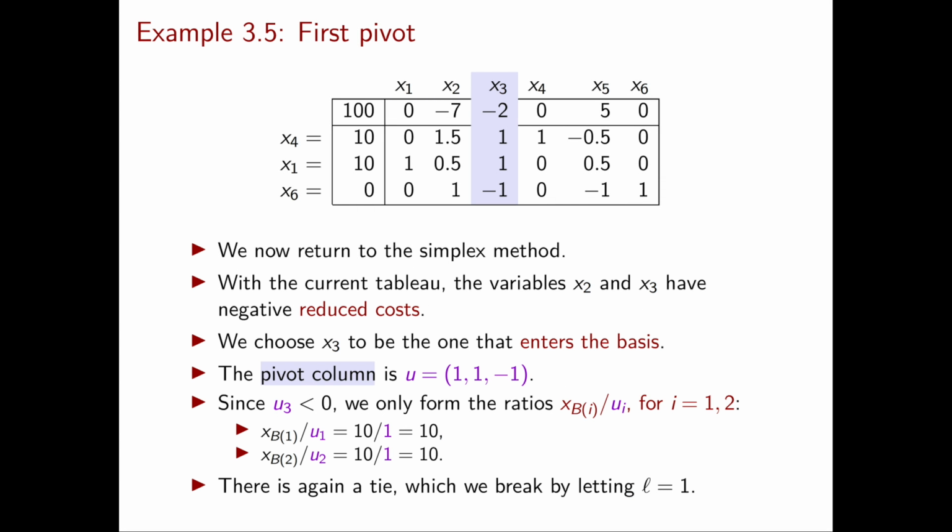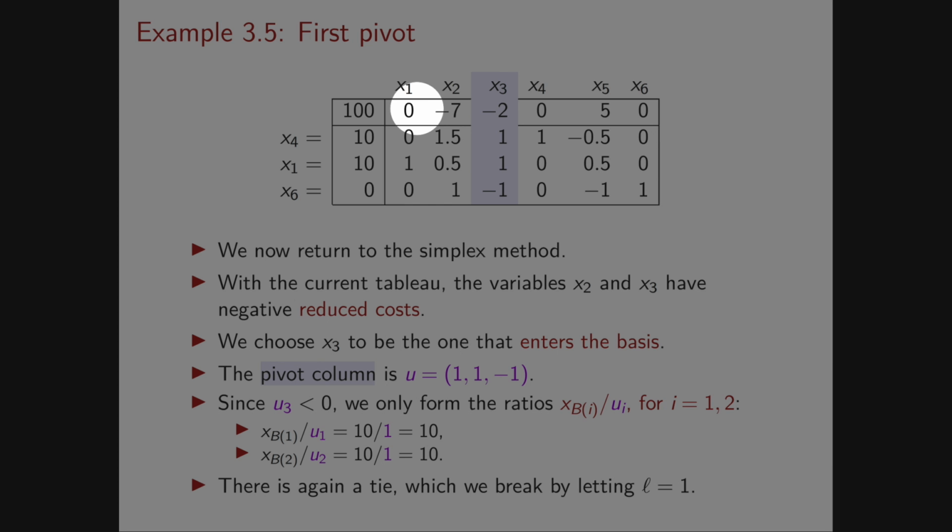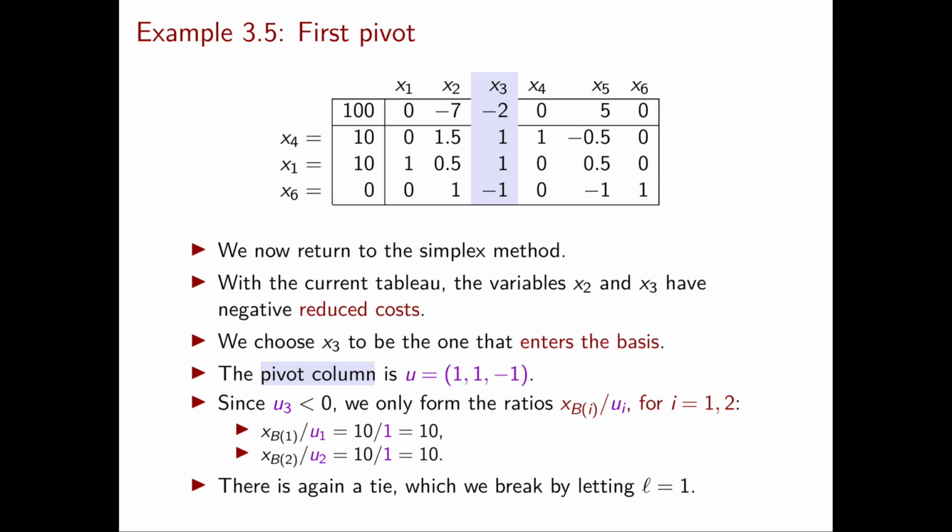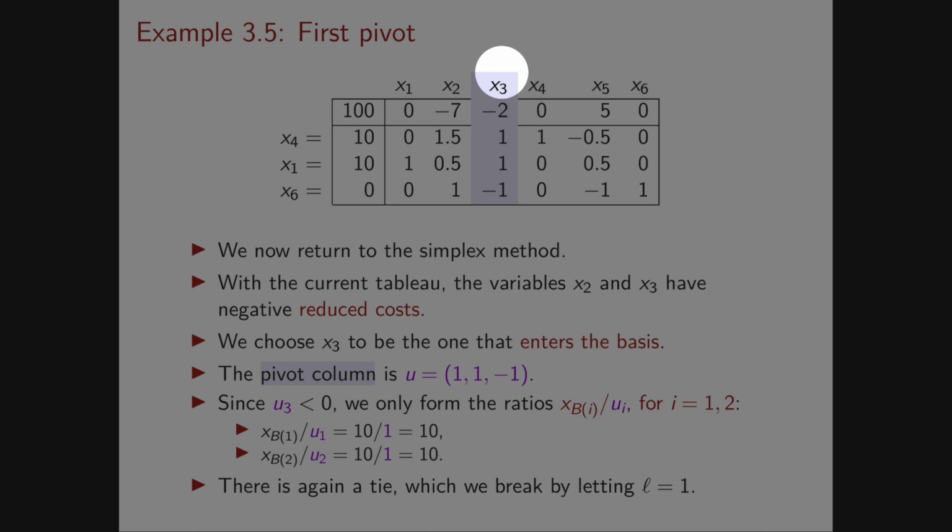Now, this system of equations is equivalent to the original one, Ax = b. We're now ready to get back to the simplex method. We look at the reduced costs. There are 2 negative ones, and the pivoting rule will tell us which one enters the basis. Since I'm your pivoting rule, I tell you that x3 should enter the basis, so the pivot column is this one,